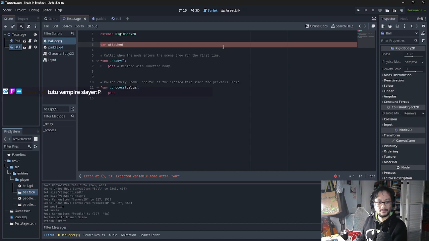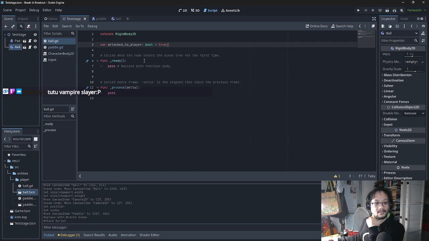Attached to player, the value is true. Okay, yeah, that's good. So now I have a variable called attached to player, which is a boolean, and it is true. So while it's attached to the player, or attached to paddle,